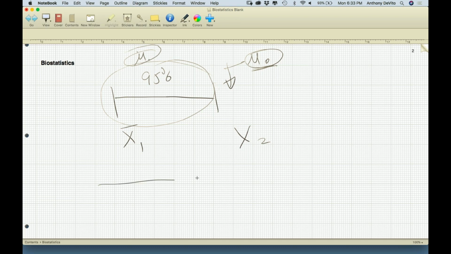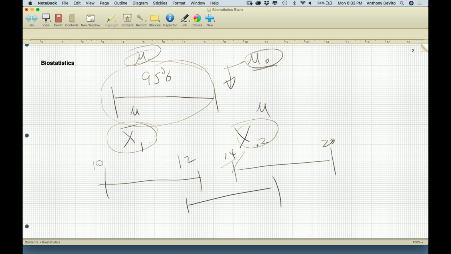Well, then we have two confidence intervals, right? A confidence interval for this mean and another confidence interval for this mean. If the confidence interval for this mean is 10 to 12, and the confidence interval for this mean is 14 to 20, it looks like there's pretty good evidence that the true means of the populations these are based on are likely to be different also, right? But if they overlap, well, all bets are off now. In other words, we're not 95% sure that they're really different.